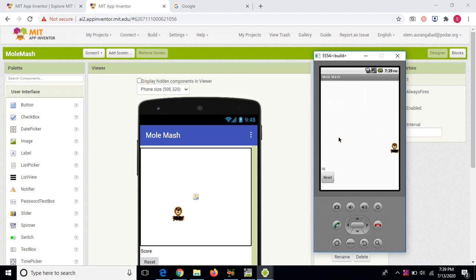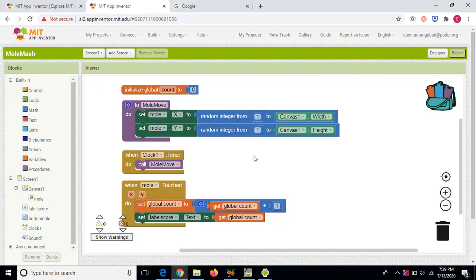If I'm touching at one location, when I touch this, it should immediately go to another location. That's what I have to achieve. And one more thing is, instead of score equal to 15, score equal to 16, it is showing directly 15, 16. So one more change I need to do here. Instead of directly writing count,